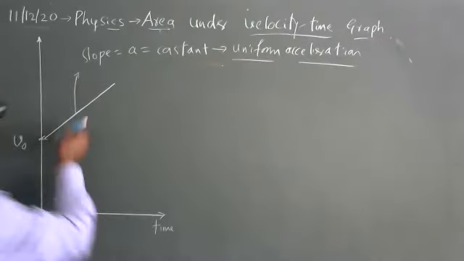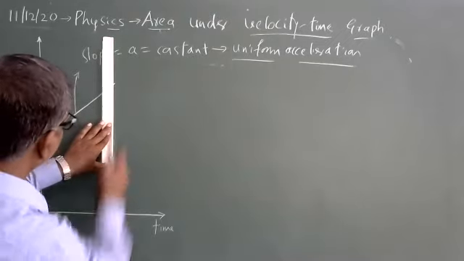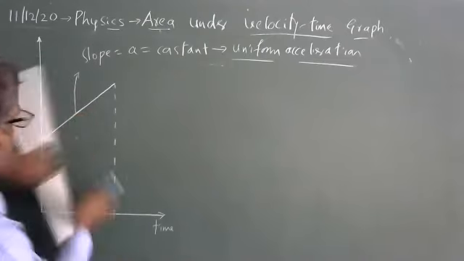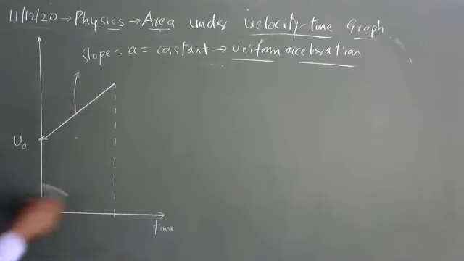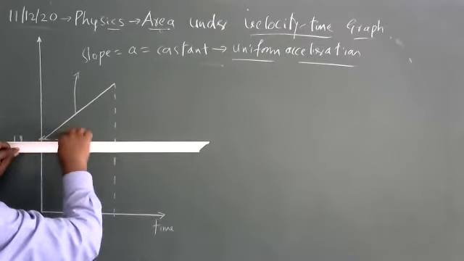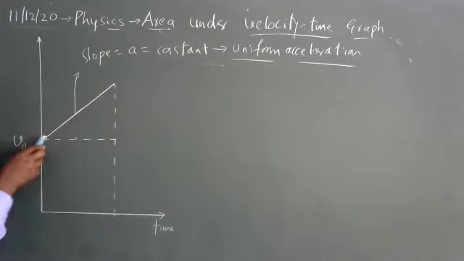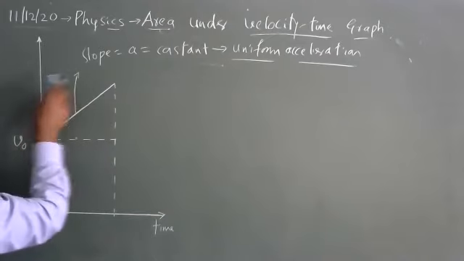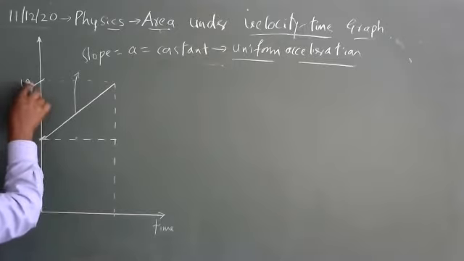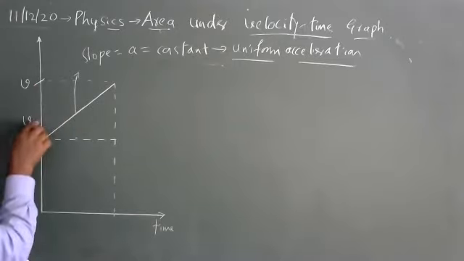Now this curve, area under the curve, let me connect it. Let me put a dotted line. This whole is the area under the curve. Let me divide it into two parts. This line starts with the initial velocity V0. The final velocity corresponds here. This final velocity is V. You take this as a reference marker, initial velocity V0.